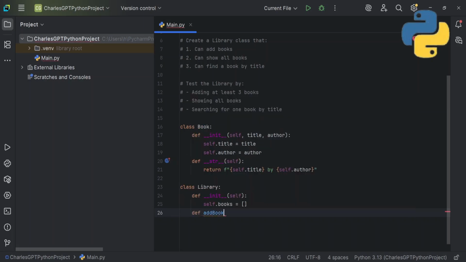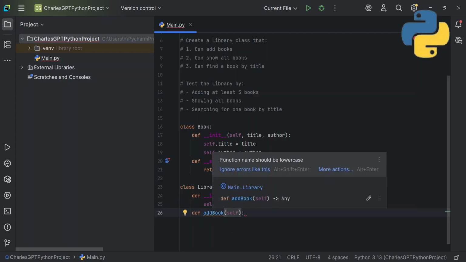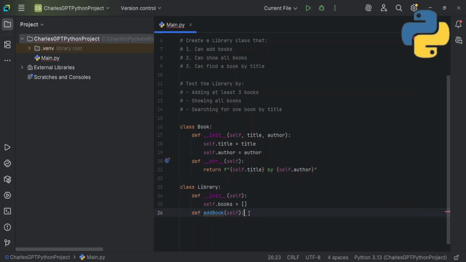You see a yellow line here. What it means is that Python doesn't like this naming convention, but I think I'll just stick with it. Then now what we're going to be doing is